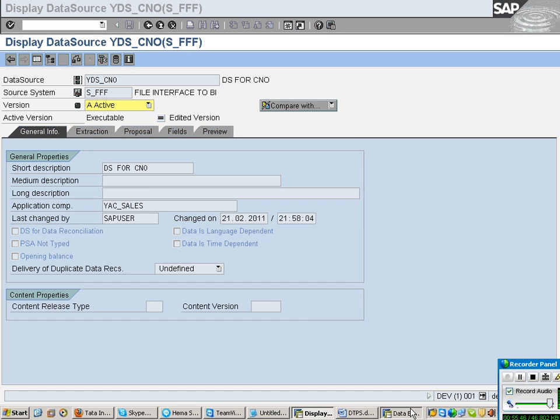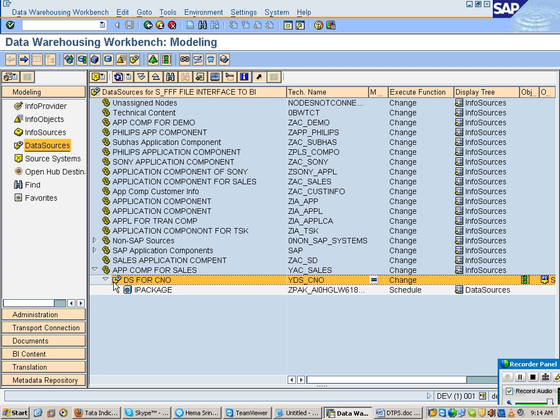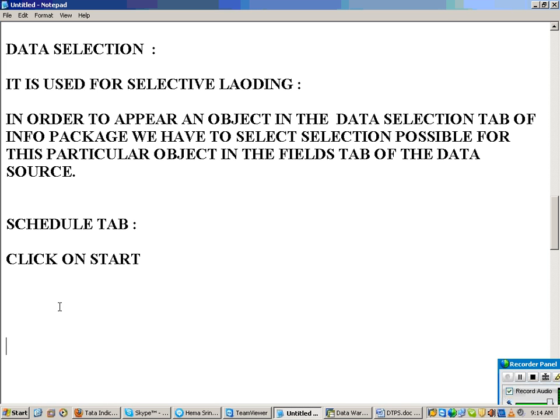Right. Now what has been done? Data has come here into my PSA. From there, where should I send it now? To my target. Using what? Using a DTP. So what is your step 5 now? Trigger a data transfer process, DTP.